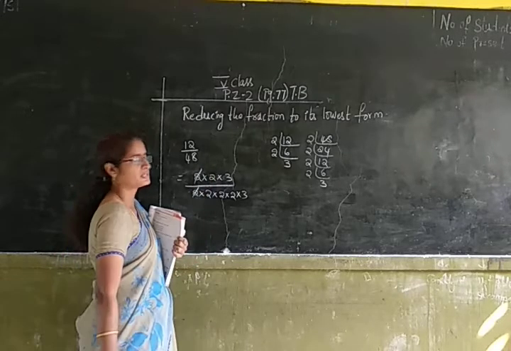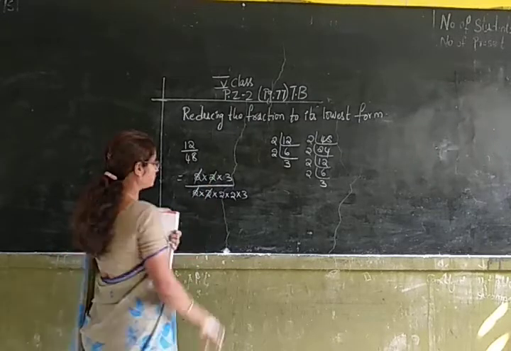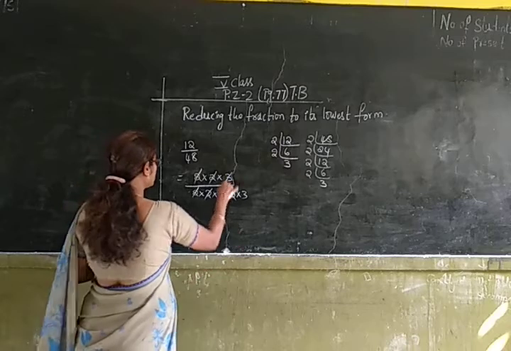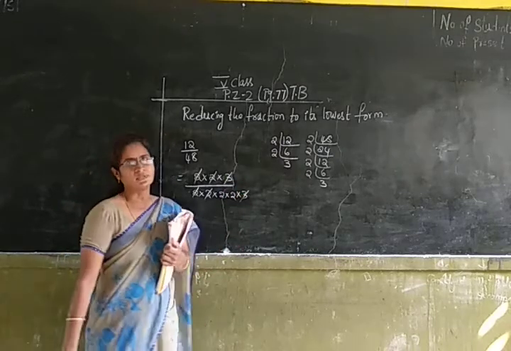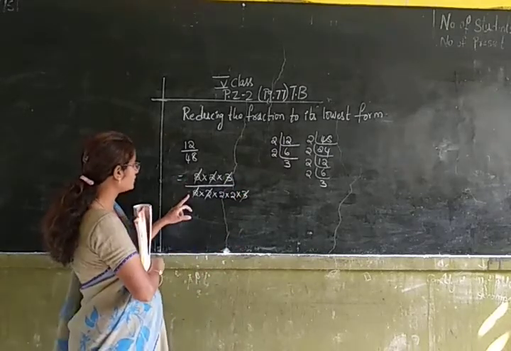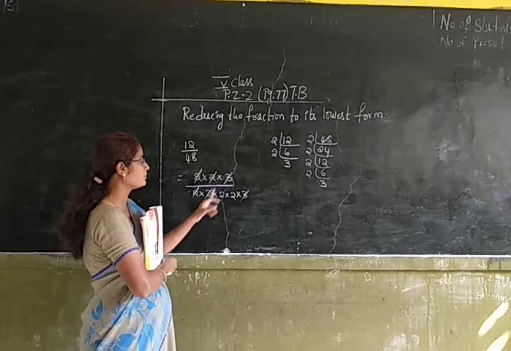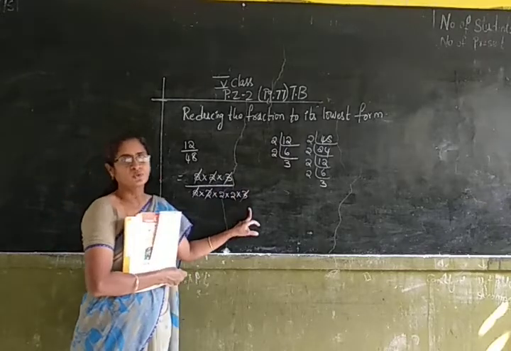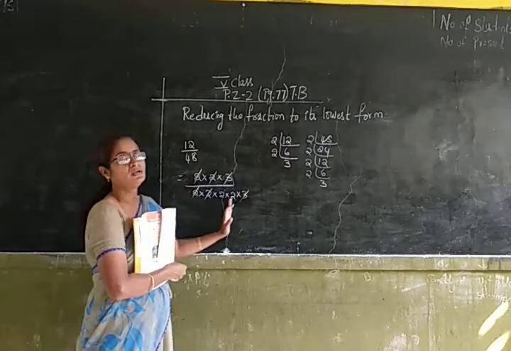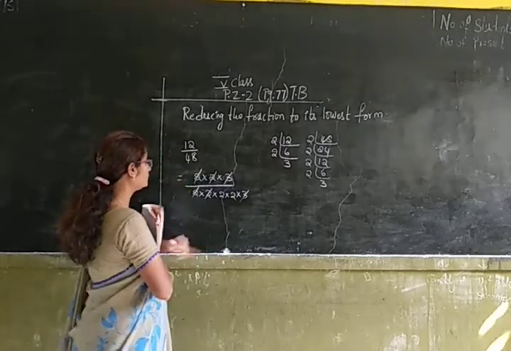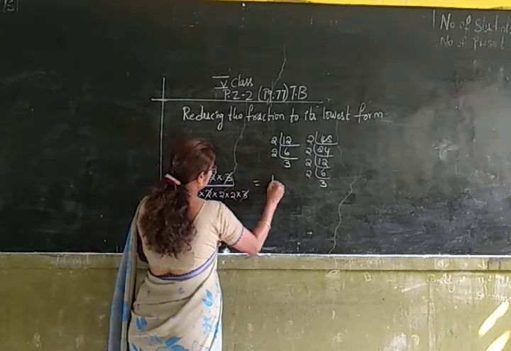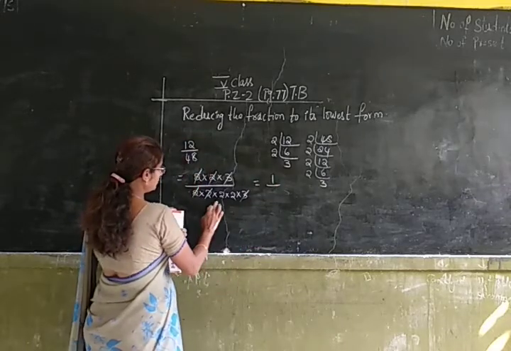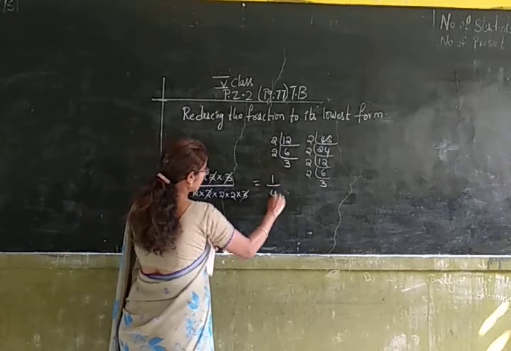2 is in both the numbers. The next 2 is also in both the numbers. And 3 is also in both the numbers. Here we have cancelled out the common factors. Here in the numerator 1 is left over. And in the denominator 2 2s are 4 is left.